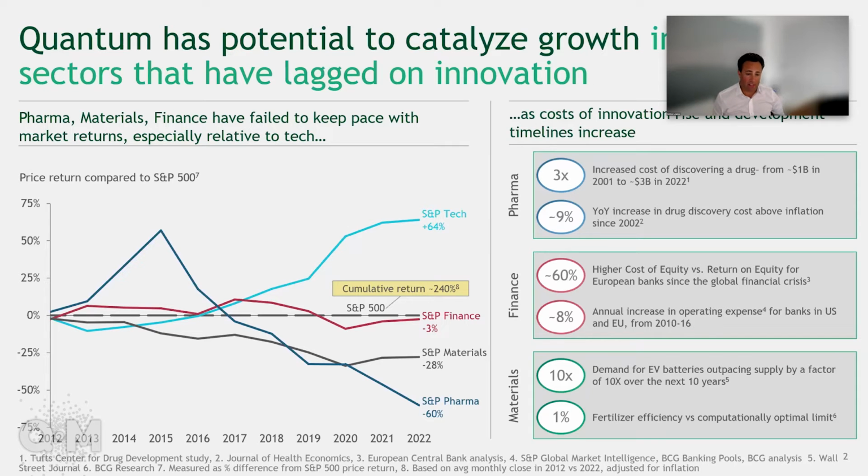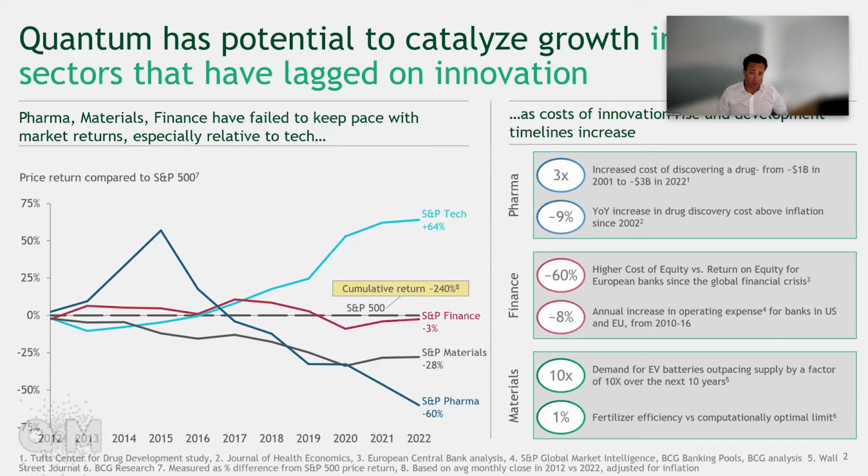And really it comes down to this: we see investment across the board, but it's especially concentrated and acute in industries like finance, pharma, and materials, which in some ways have failed to keep pace with market returns because of the absence of a technology platform to drive growth, like in tech and other places. So in these industries, discovery, innovation, and value creation are somewhat thwarted by rising costs in the absence of major tech innovations.